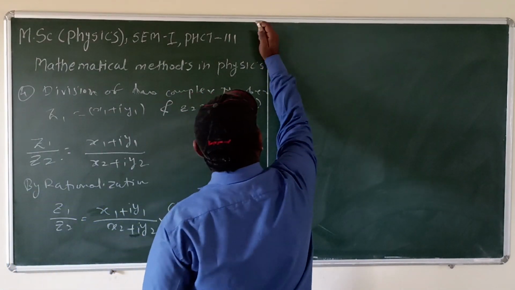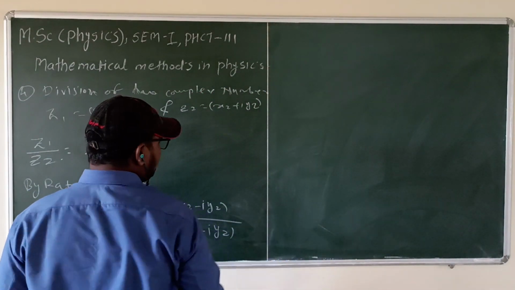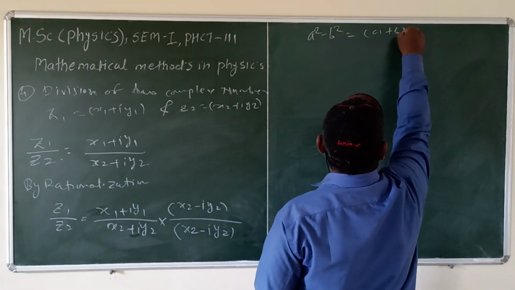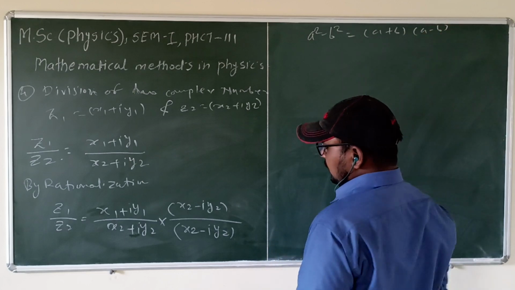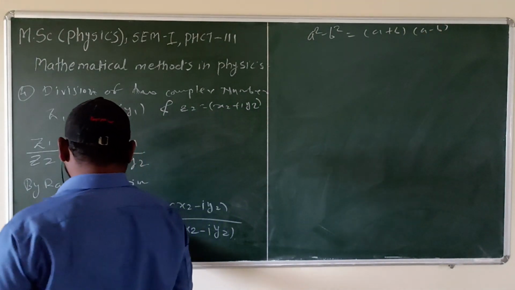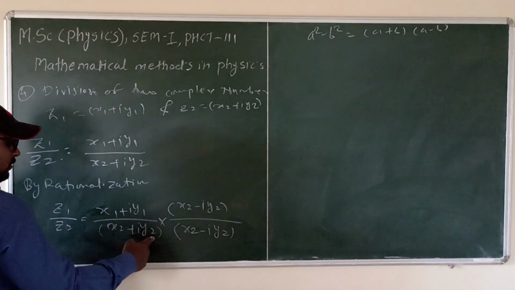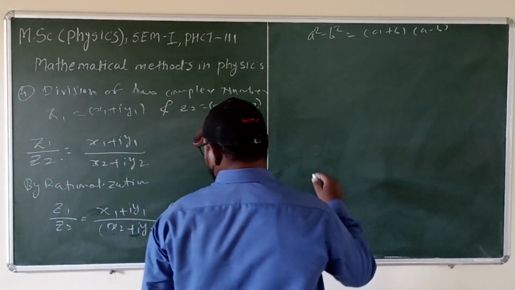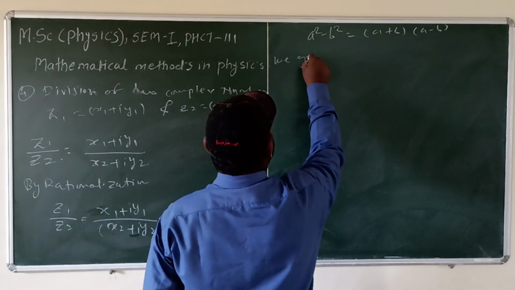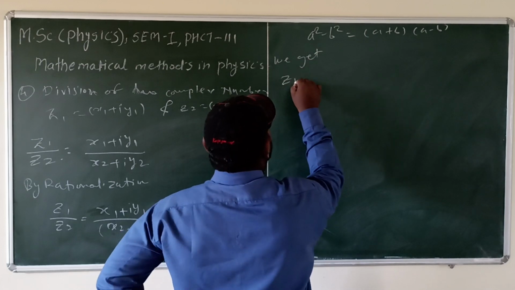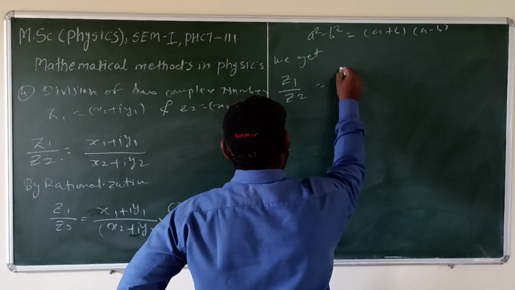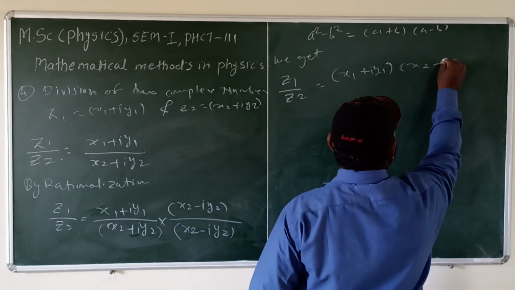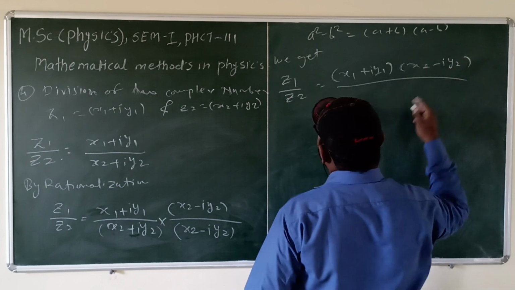By the algebraic relation a square minus b square is equal to a plus b times a minus b, for this denominator we can observe that x2 plus i y2 is the first bracket and x2 minus i y2 is the second bracket. So using these relations we get z1 upon z2 is equal to numerator x1 plus i y1 times x2 minus i y2. Denominator